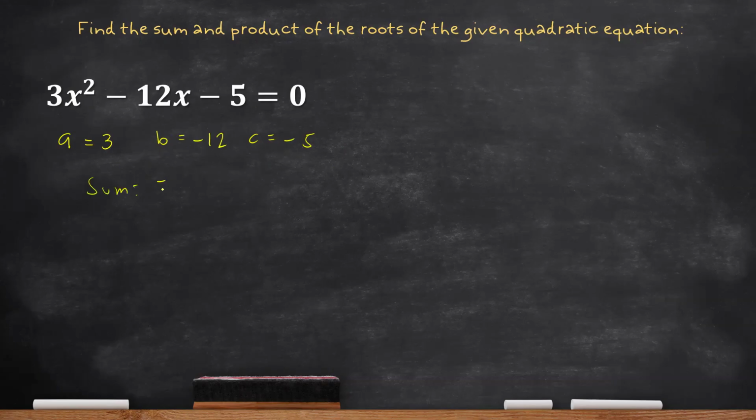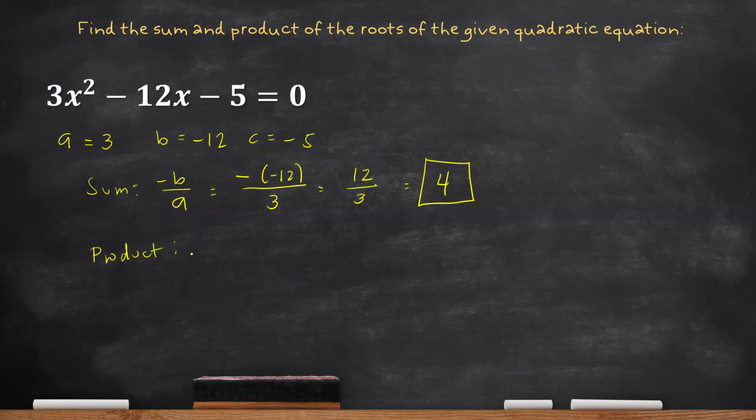It's negative B over A. So negative B over A, substitute. So we're going to have negative 12 over 3. So negative times negative, we're going to have 12 over 3. Simplify, 12 over 3, that is equal to 4. Okay? And then again for the product,